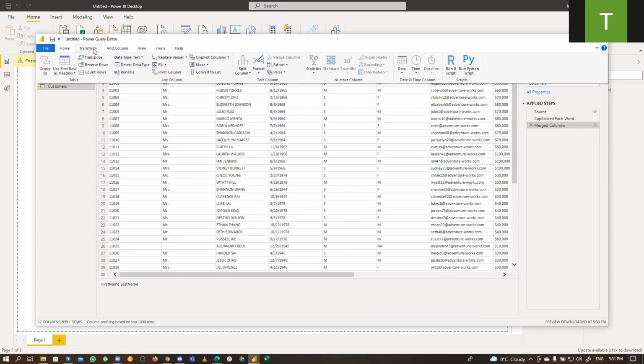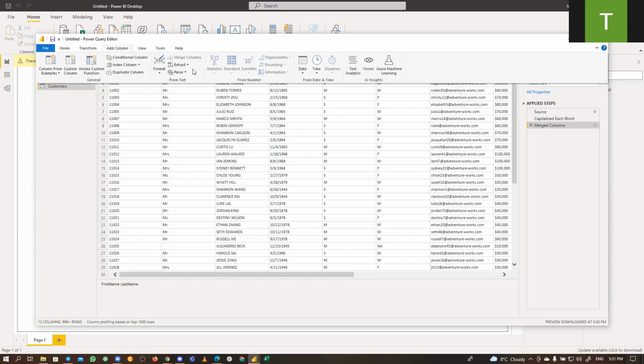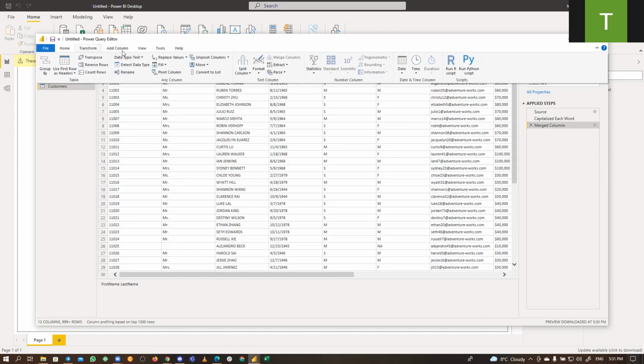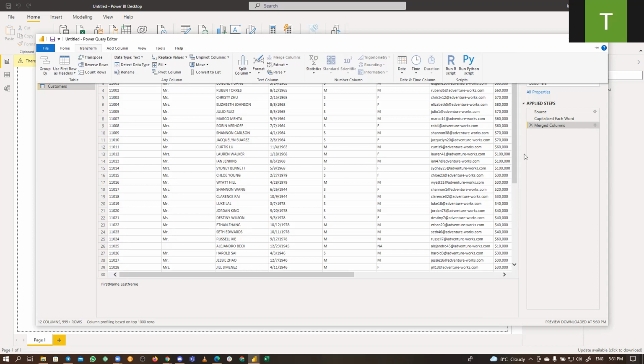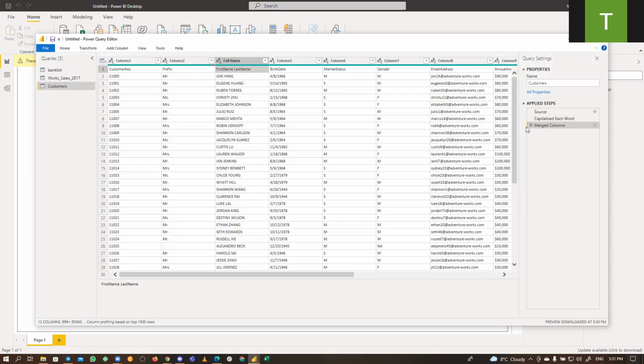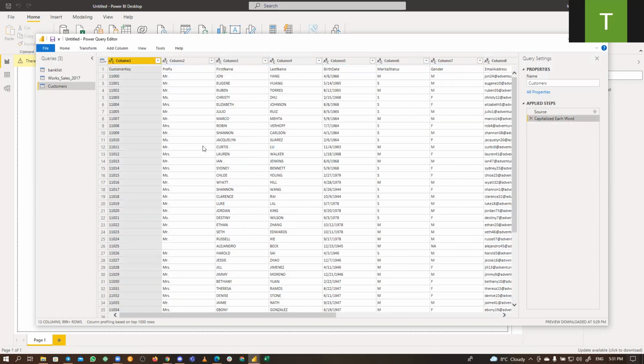For instance, under Transform, exactly what you have for Text Column, you have in Add Column as well. Exactly what you have in Number Column, you have here as well. So that takes us to the difference. You always make this mistake. Even those who are experts make this mistake. Trust me, you will always make the mistake. And what is the mistake?